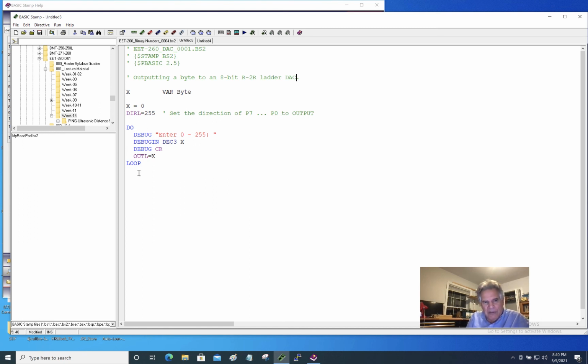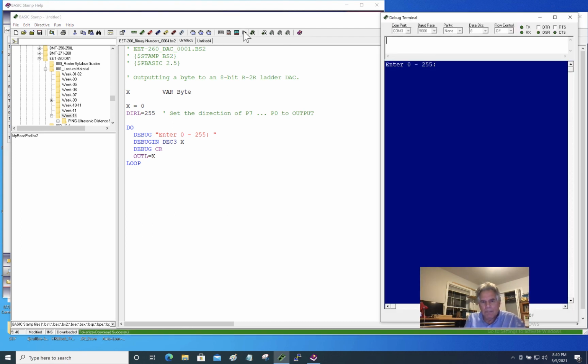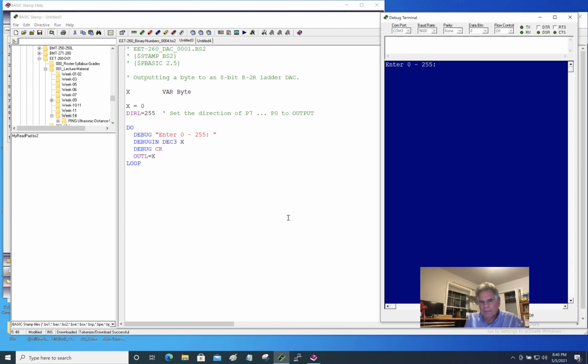And then we're going to repeatedly do this loop where we ask the user to enter a number from 0 to 255, and here's the DEBUGIN. DEC3 means give me a 3-digit number. We then print a carriage return, and we take that number, which is in X, and we assign it to OUTL, which is our output port, P7 down to P0. So we'll run this like so, and our first number we can put in, if we put in 255,